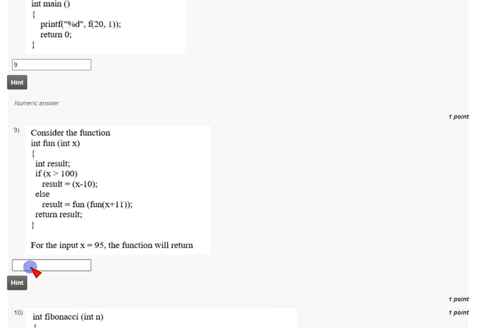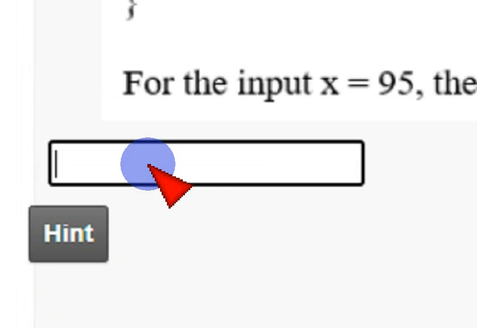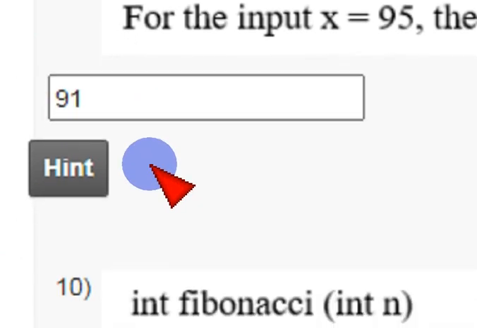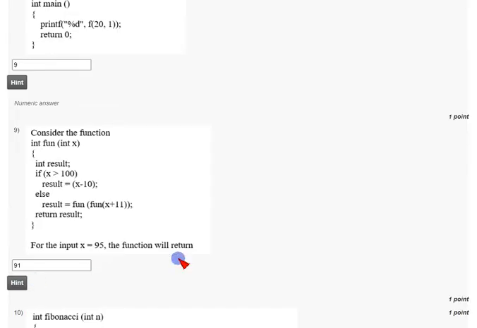And coming to the 9th question, again they have given a code snippet and we are given the value to take initially as 95. Friends, this is some process to take, but when I did this in my own calculation, I finally got the answer, if you see this, that is 91. So 91 is the answer. I'm zooming back. It is a numeric answer only.